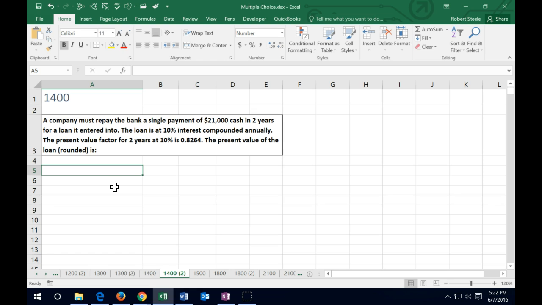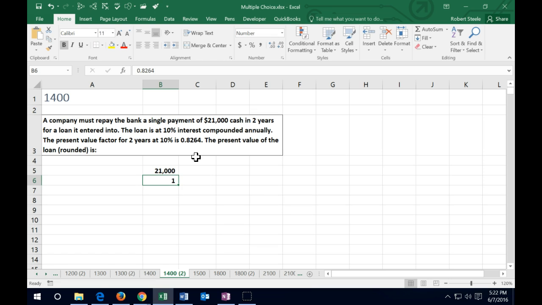Now the easiest way to do this would basically be to look at a table in order to find the rate here, the present value factor, which they gave us. So we don't need the table right now, so they made it pretty straightforward in the multiple choice question. We're just going to take that 21,000, and since it's 2 years time, and if we looked up in the table and they said that it was 2 years at 10%, they gave us the factor of 0.8264,